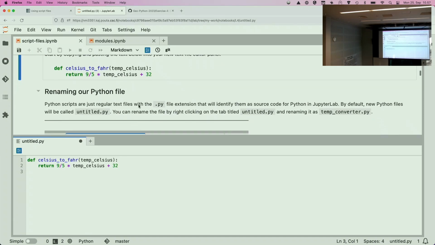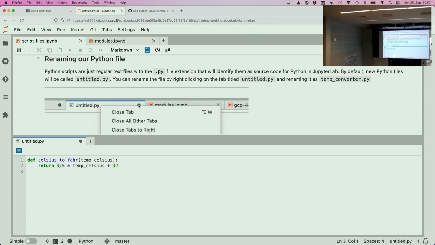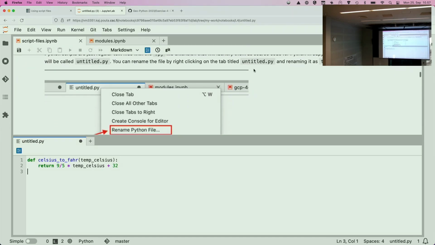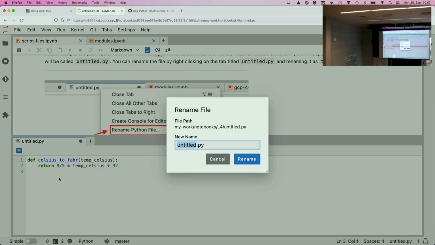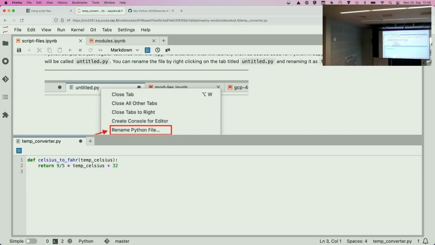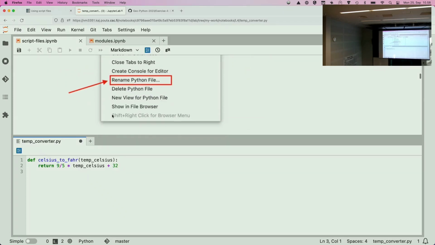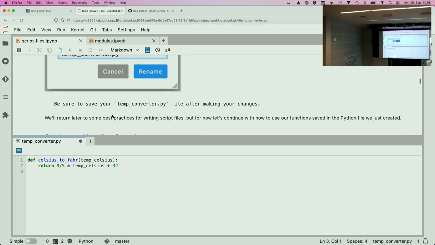And that's great. We can also rename our Python file to be something perhaps more meaningful. So I think we can call it temp_converter.py. I think if you right click on the tab, you can rename it there, or you can go to the file browser. Either one is fine. But let's call it temp_converter.py. And so if you do that, you'll see that the file in the file browser will have updated its name, and we'll use this